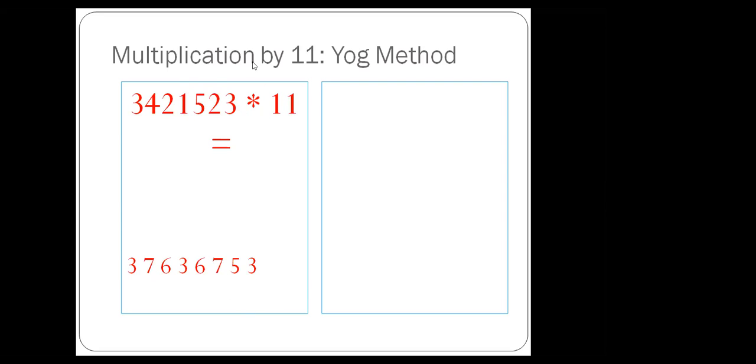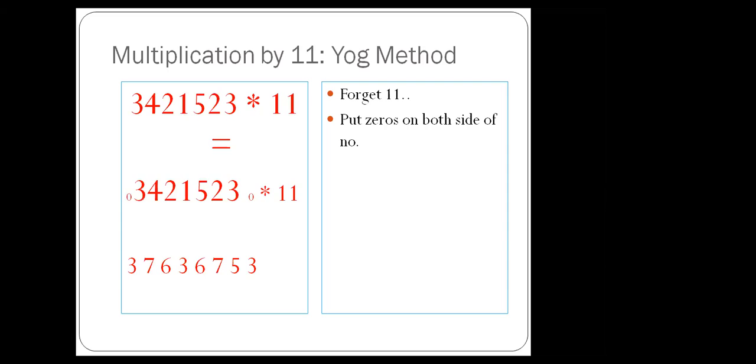If you do this multiplication by the 11 table, it will take at least 1.5 minutes. But here you can write within 10 seconds. If the number is big, you can write in 10 seconds. Otherwise, if just 4 digits or 3 digits are there, you can write within 2 or 3 seconds, not more than that. It's up to you how fast you can do the addition. Accordingly, you will get the answer. Okay? Clear? I hope the point is clear.